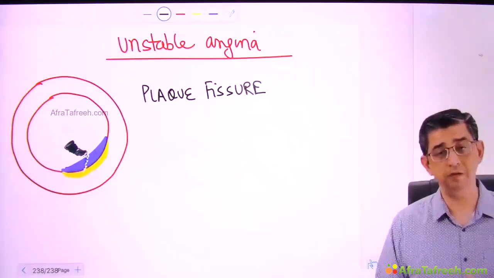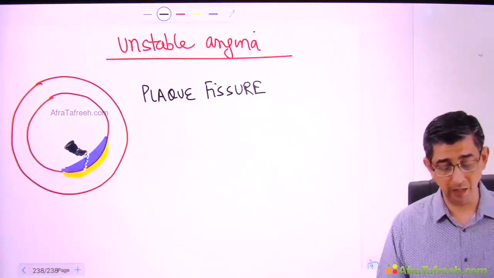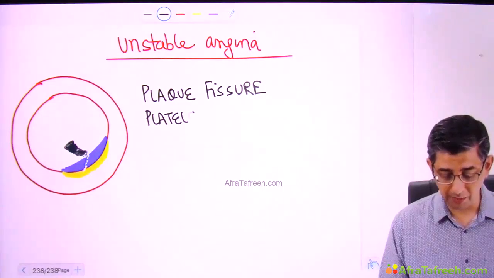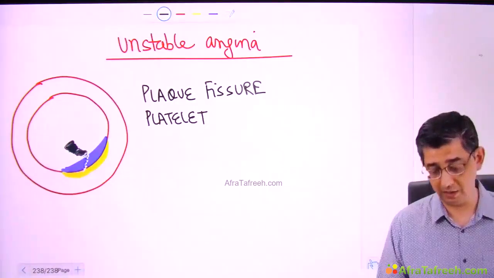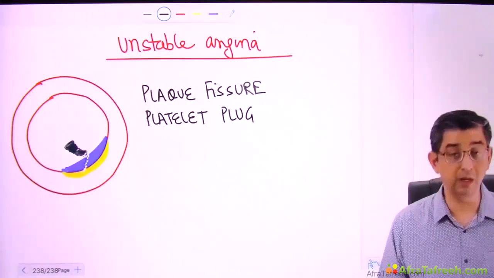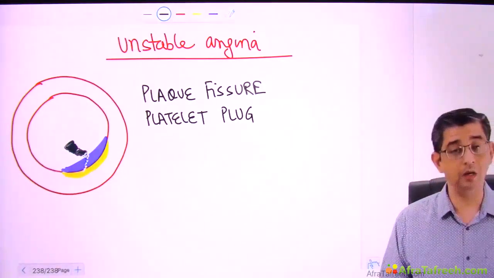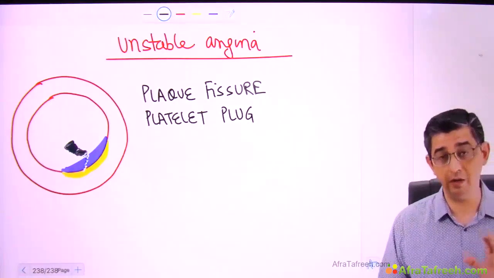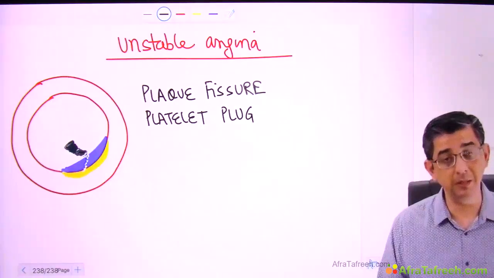There was a plaque fissure. He's maybe sleeping in the night. There was a plaque fissure, there was definitely a platelet plug formation, and platelets are attracted to collagen. I mean, that's the basic trigger, I would say, for why unstable angina would be occurring, and that's important. Why? Because we need to control the platelets from misbehaving. So I will teach you about some intravenous antiplatelet drugs that are useful for management of unstable angina.